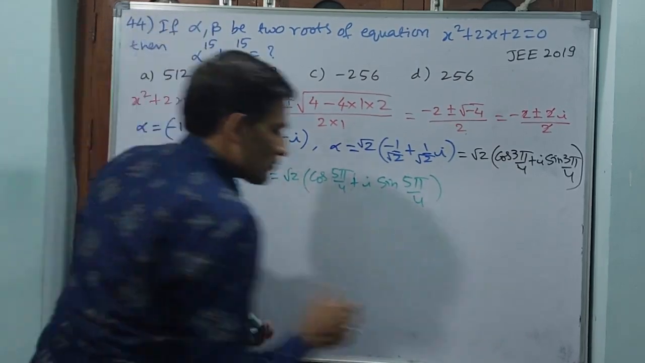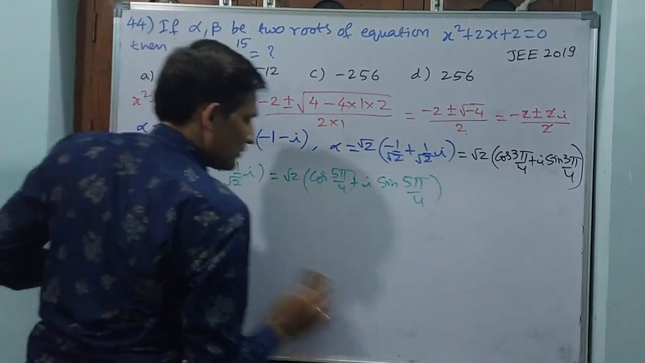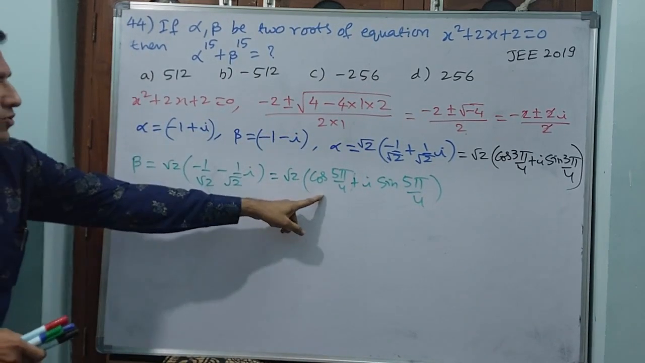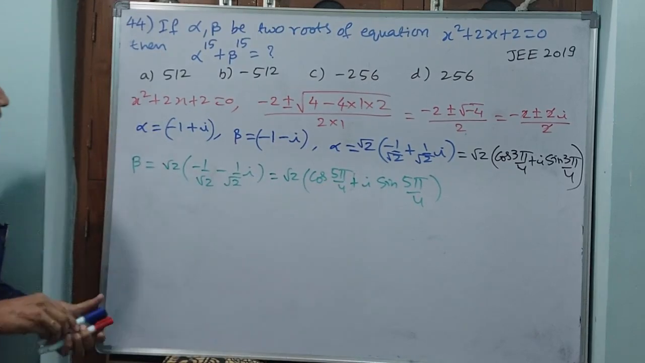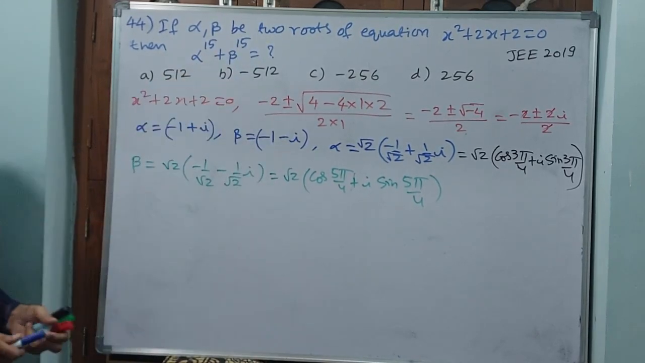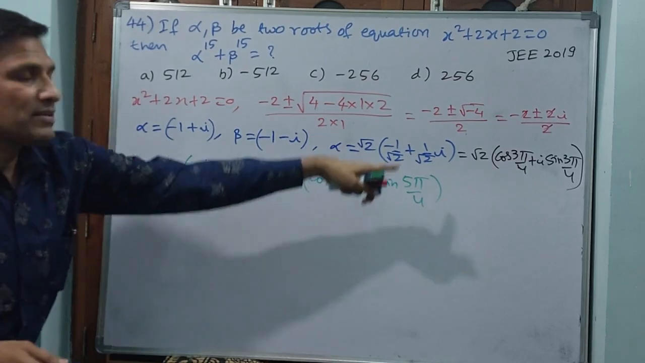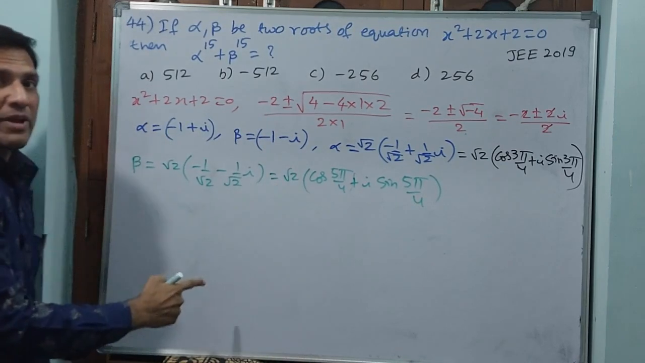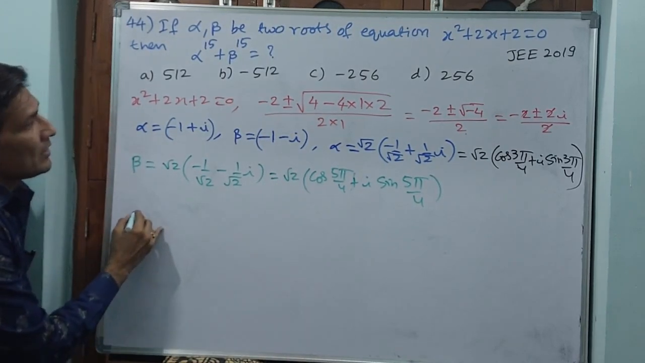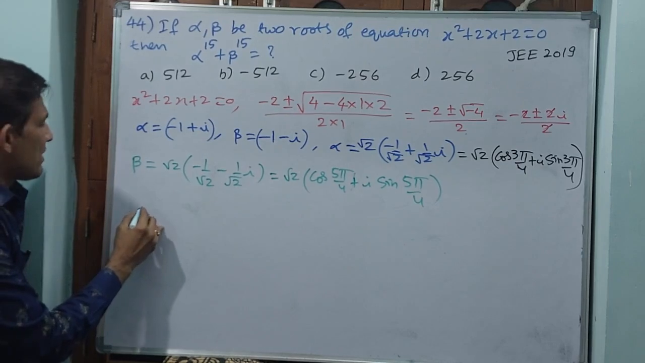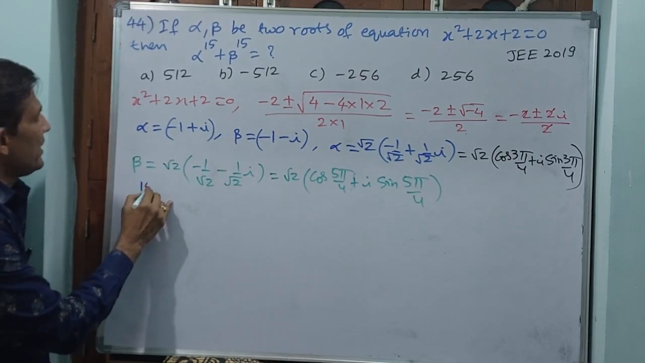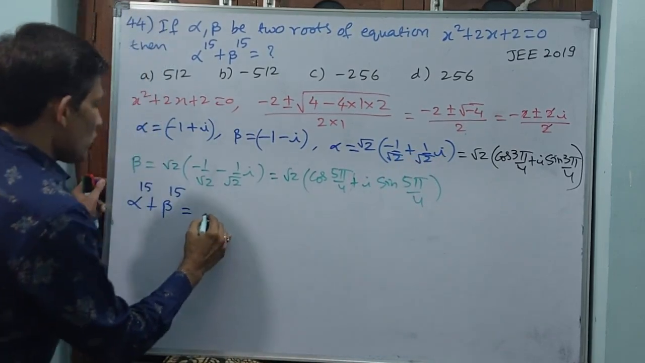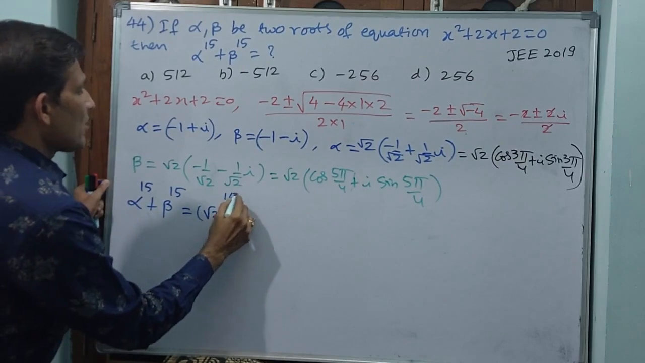Okay. These two values are going to give minus 1 by root 2 and minus 1 by root 2. Now you go for alpha to the power of 15, beta to the power of 15. Why? Because those are in cis form. While going 2 to the power of 15, root 2 also has to be raised to 15. Let us proceed. See what I am writing. Alpha to the power of 15 plus beta to the power of 15 is equal to root 2 to the power of 15 into